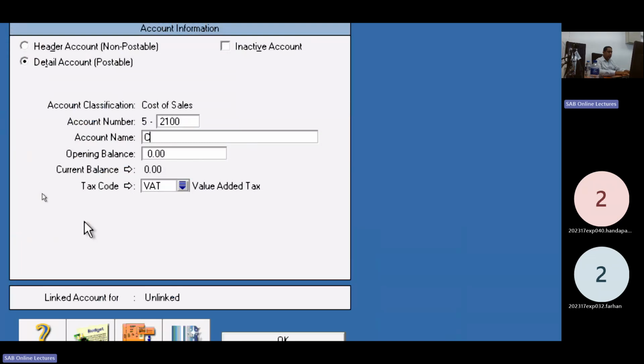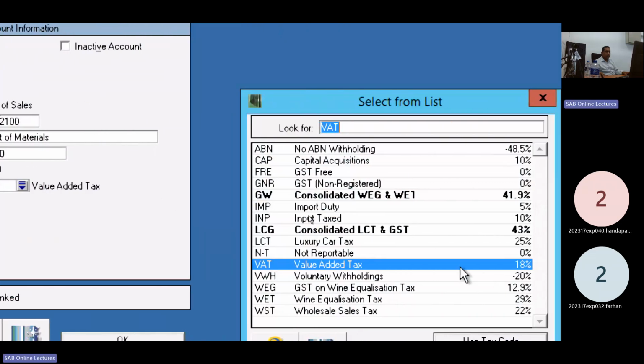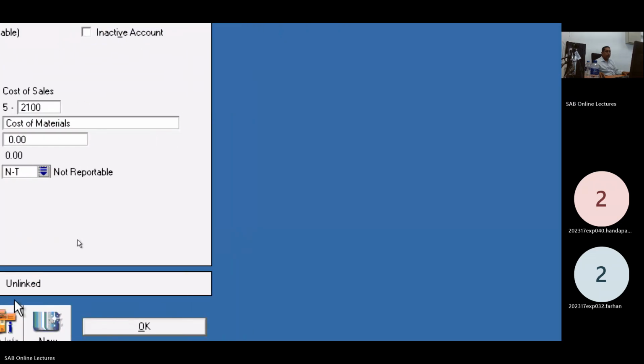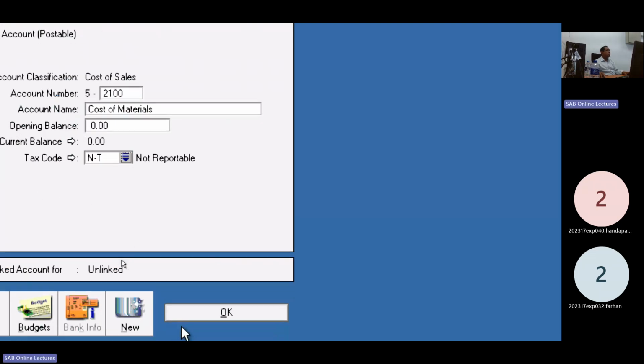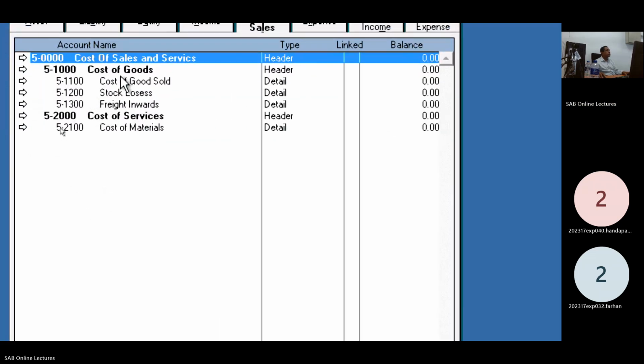Cost of material, not liable, not reportable. Okay. Now we complete the cost of sales section.